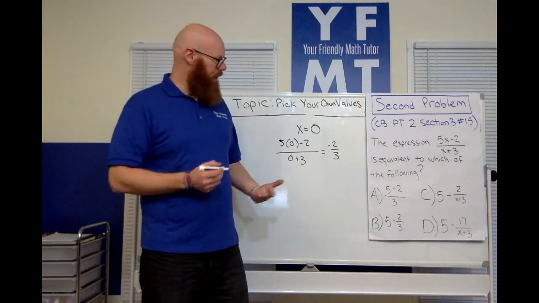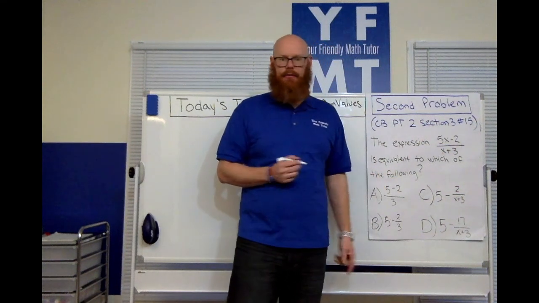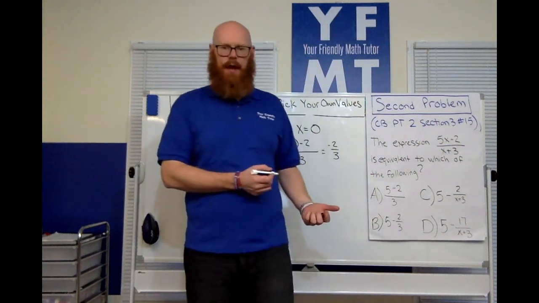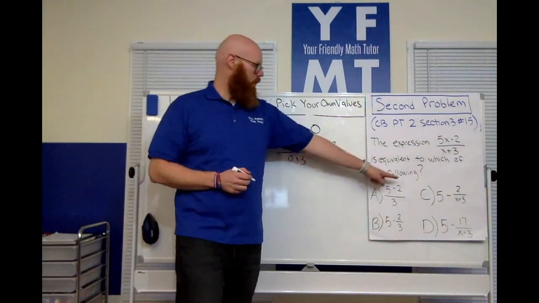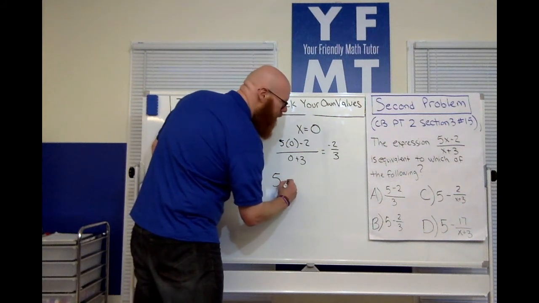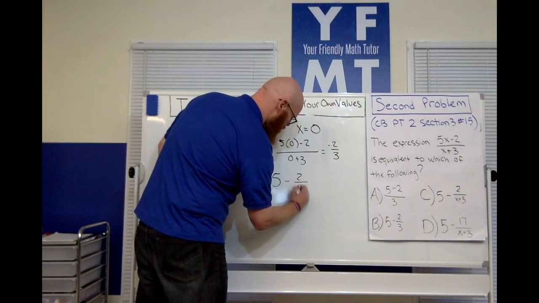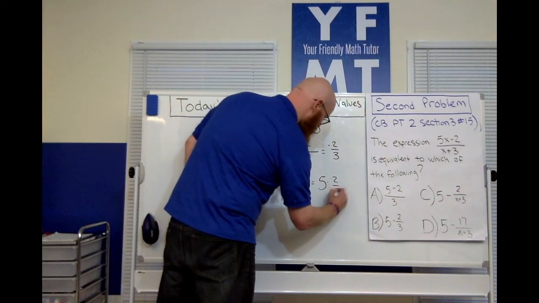And what's beneficial is that we have now narrowed it down to C and D, so I only have to plug it into one of them. If it works for that one, it's the answer, and if it doesn't, it's the other answer. So what we're going to do is plug it into C. So 5 minus 2 over 0 plus 3, which equals 5 minus 2/3,